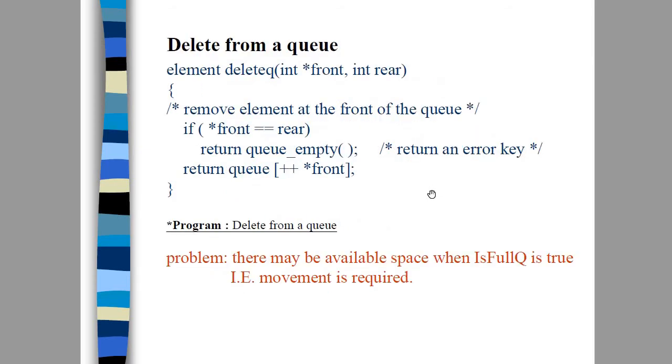So the next function is removing an element from the queue. For removing the element, we have to pass the front and rear pointers. If both the front and rear pointer values are the same, we are going to call the queueEmpty function. Within the function we'll just print that the queue is empty. If you want, you can print it directly here, or you can put it in the queueEmpty function. Okay, else what you have to do is increment the front pointer by 1. Then from that location, whatever the queue content is, you return it. Okay, so that will be the removing of an element from the queue.